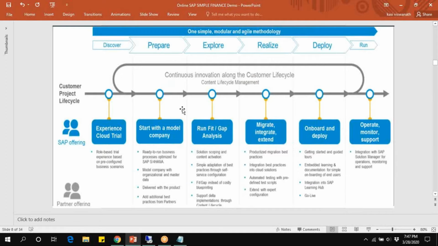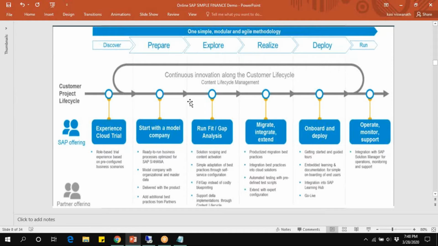So the active methodology: experience cloud trials, start with a model company, run fit gap analysis, migrate, integrate extended systems, onboard and deployment, operate, monitor, and support. In SCC we have preparation, blueprint, realization, final preparation, and go live, run SAP. But in HANA Finance, first discover the architecture, then preparation, explore, realize, deploy, and run.